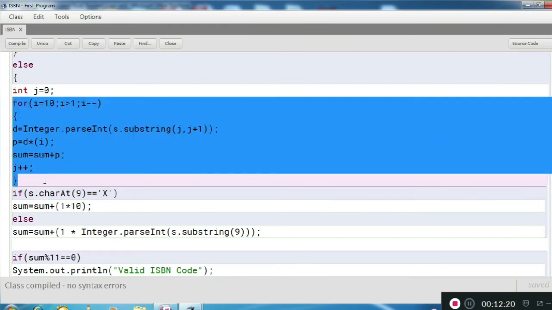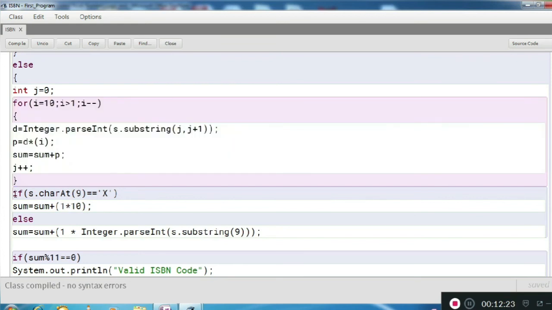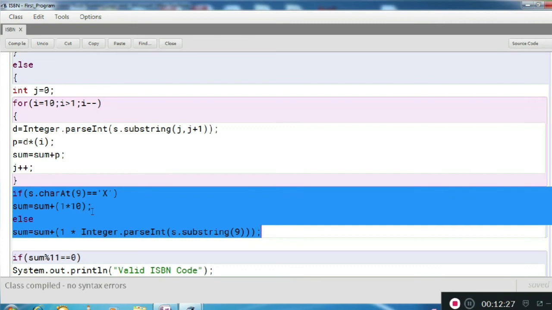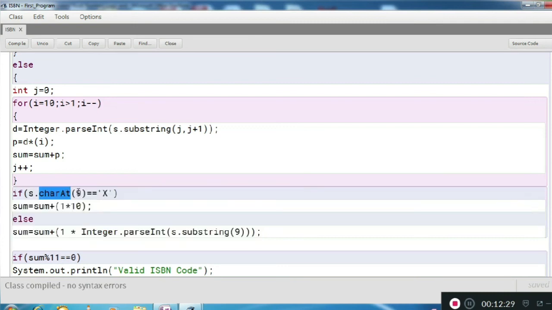This one. Next code, what this is saying: if charAt 9, that means the last digit of your string. charAt 9 means the last digit of your string. If it is X, so what does the definition say? Treat it as 10. If it is X, then multiply the last digit by 1 and treat that X as 10.